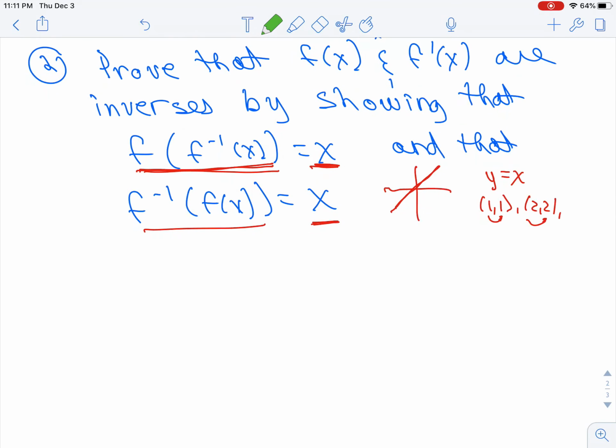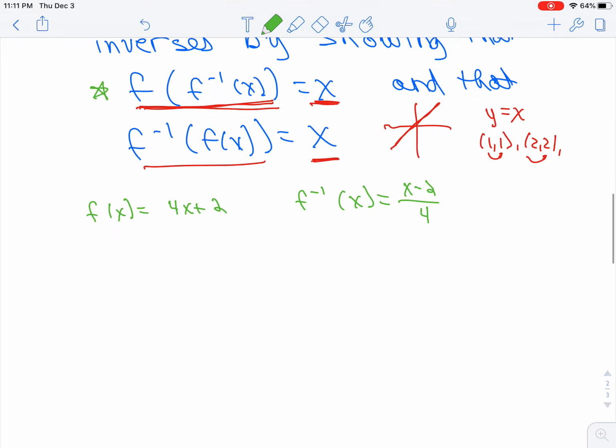Okay, so again, if you are back, then hopefully you have worked through this problem yourself. I just want to remind you that f of x was 4x plus 2, and that f inverse of x was x minus 2 divided by 4. So if I first want to find f of f inverse of x,